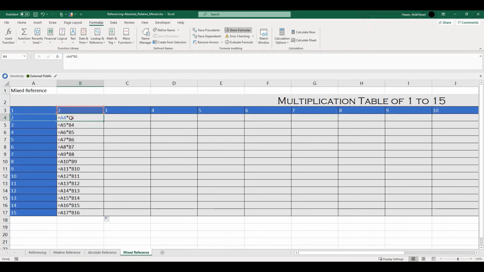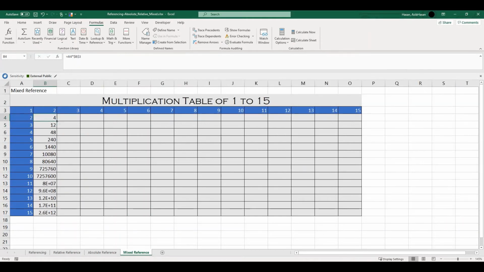I don't think I told you about the shortcut for locking. I told you about inserting dollars, but you can just use F4. F4 will automatically lock. You just need to highlight the cell reference which you want to lock, or move the mouse cursor on it, click on it once, and you can lock it. Now I'll hit enter and let's check. I'm going to click on show formulas again. It hasn't changed because I haven't dragged this down. So I'm going to drag it down now. Now the values are all fine. 2 into 3 is 6, 2 into 4 is 8, and so on. It looks fine, right?